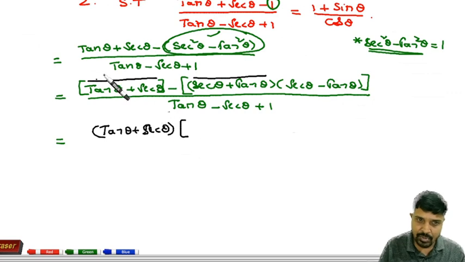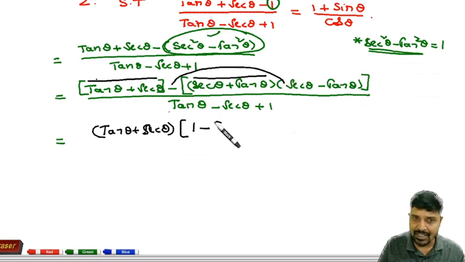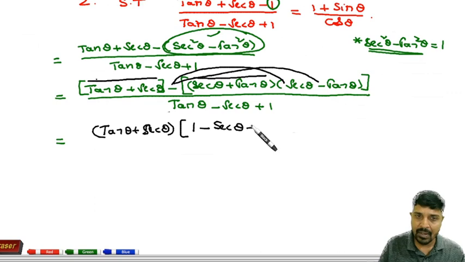Now here it will become 1 minus, here this term is not there, I am going to expand. Minus times plus is going to become minus, that is sec theta, minus times minus is going to become plus, that is tan theta,